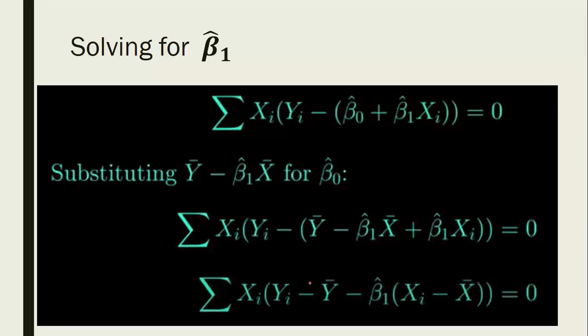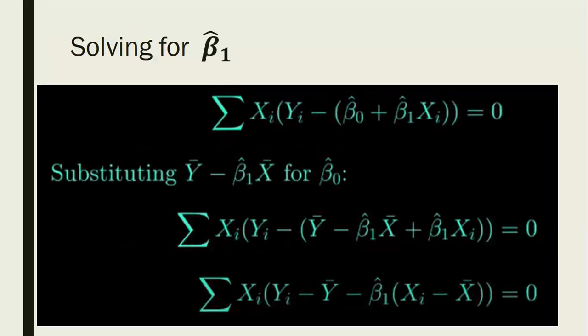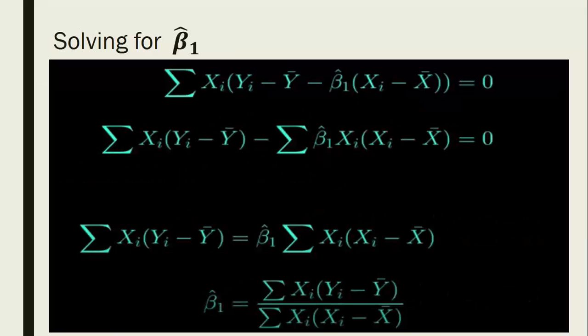So the final equation becomes like this one, that yi is placed with y bar and xi with x bar. Here I am going to leave yi minus y bar and xi minus x bar groups together because of the final expression. Now we can recognize that with respect to summation,